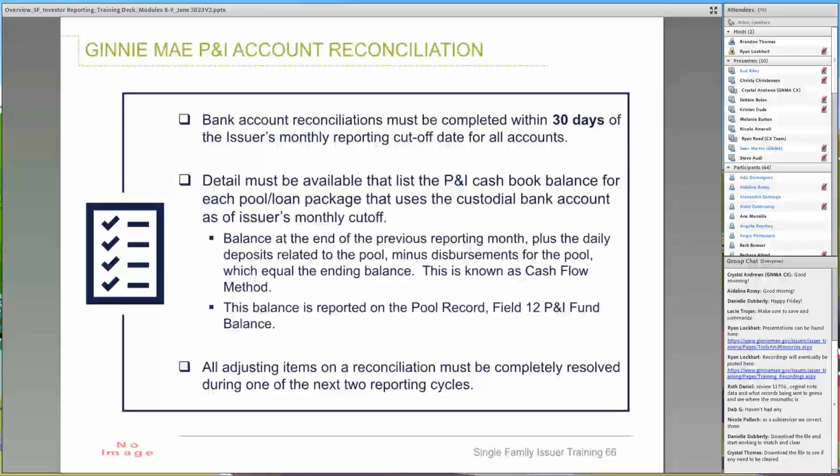Your bank recons must be completed within 30 days of the issuer's monthly reporting cutoff date. The cash flow method is the balance at the end of the previous reporting month plus daily deposits minus disbursements. This total should equal the ending P&I cash book balance. The balance is reported in field 12 of the pool record